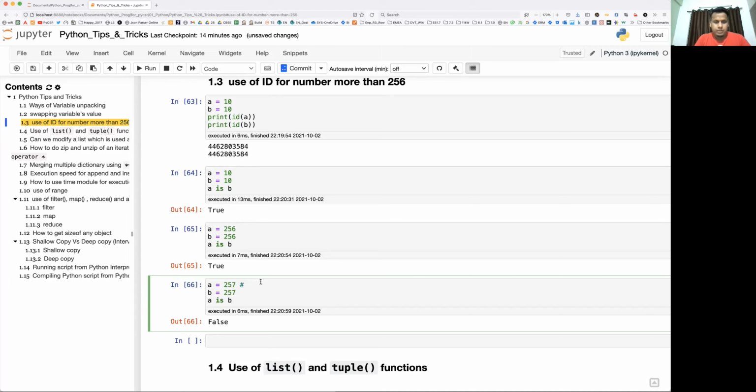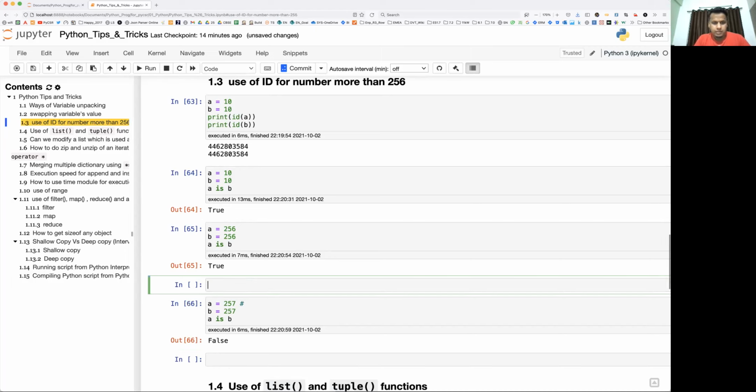Let me just put it here: -5 to 256 is already cached.